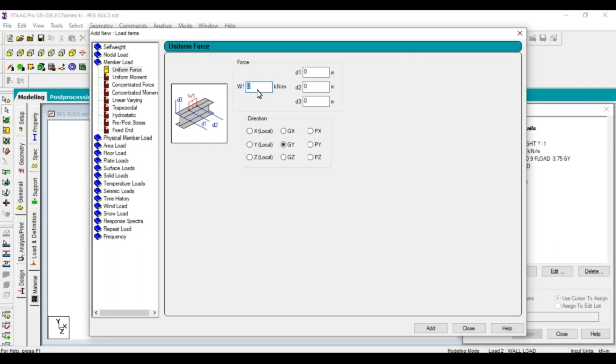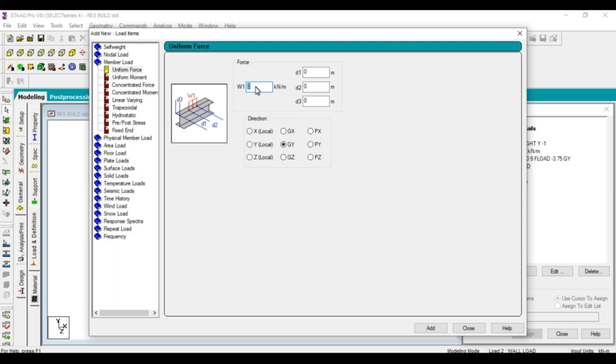Building height is 3 meters, and you should remove the beam height also. Total building height is 3 meters, minus beam height 0.4 meters, so the value comes to 2.6 meters.